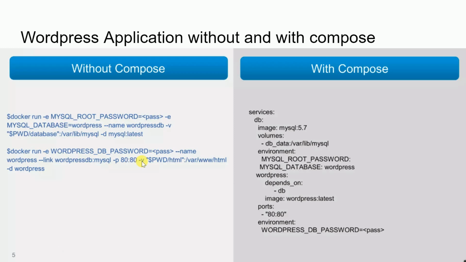Also we can add our local storage with HTML, at var/www/html, and WordPress. So these are two different commands to run each container manually with the command line. If, for example, you forget to link, then the application won't work, because we wouldn't have linked the WordPress application with the database. So in this manner we need to be very careful.